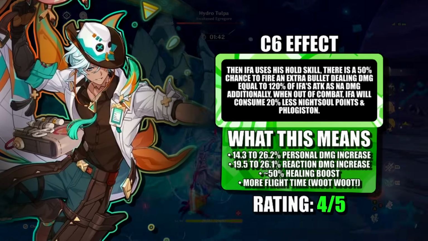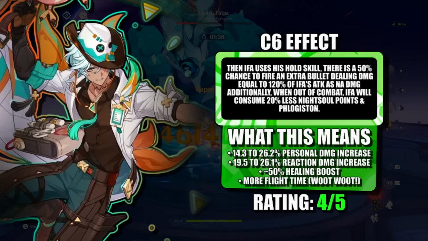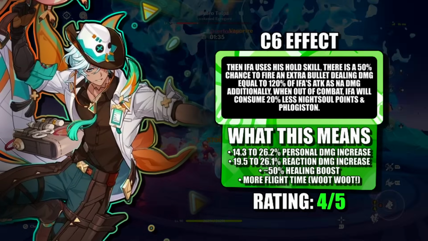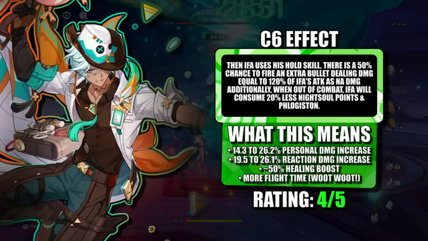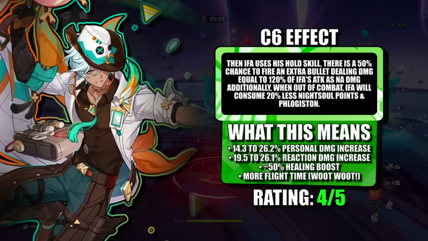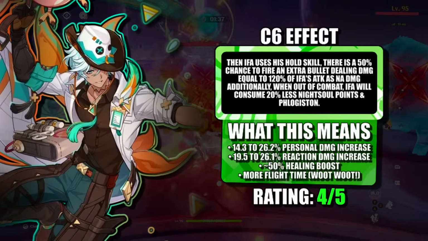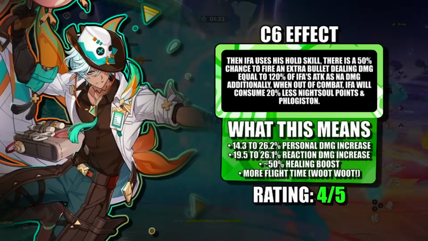All the others offer minor damage boosts for himself or the team, but this one increases his personal damage by a pretty decent chunk, while also increasing the animo application and healing of his skill by 50%. On top of that, it conveniently lets him use his flying state for 20% longer while exploring. This simple enhancement leads to so many different buffs that the difference between an IFA with a C6 and without